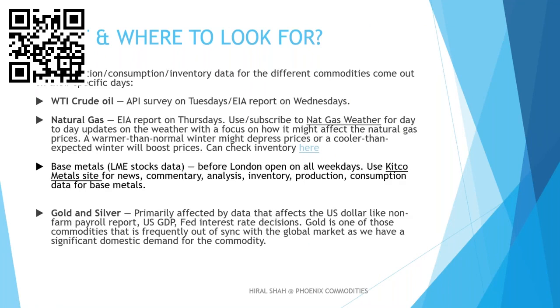Because our Indian demand is more. It is highly traded domestically. Exactly. Our people are highly focused on gold and silver. They trade a lot in gold and silver. So actually, we are ruling the rates of gold and silver. They are out of sync with other global markets. We don't need to look into any global market price for gold and silver. Clear? Is that clear to you all?